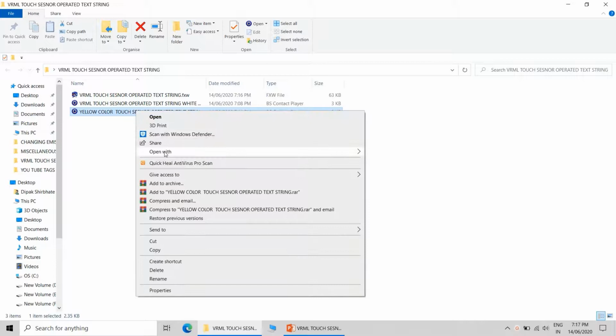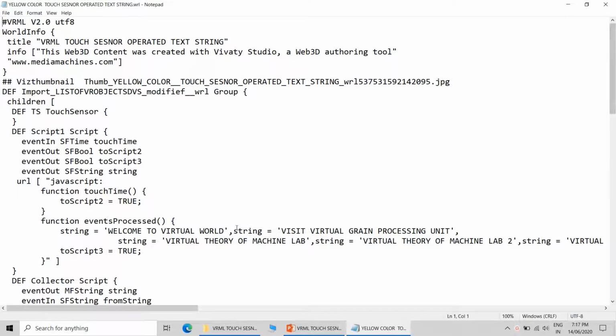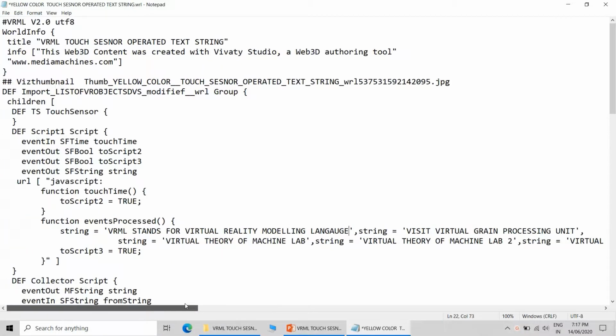Now suppose you want to put some additional text, or you want to change the text. You can directly open this particular code in a simple text editor like Notepad, and go to the script, and there will be quotes. In the quotes you can change the text, and the new text will be reflected. You just have to save the file before exit. I have written VRML stands for virtual reality modeling language.